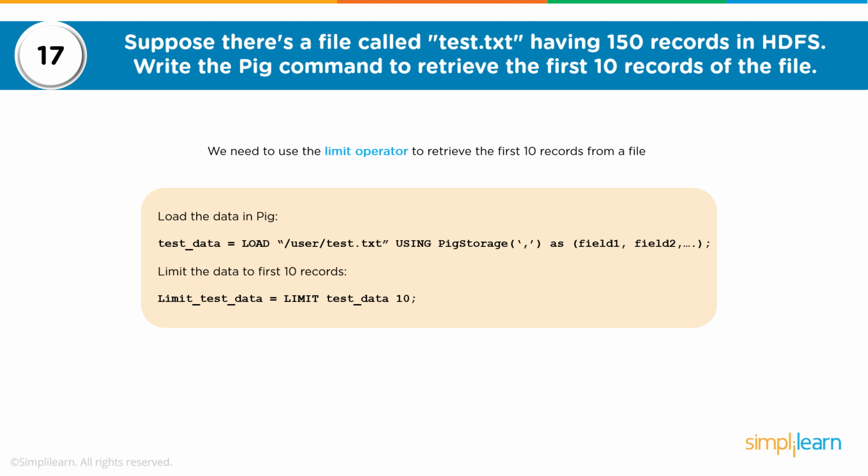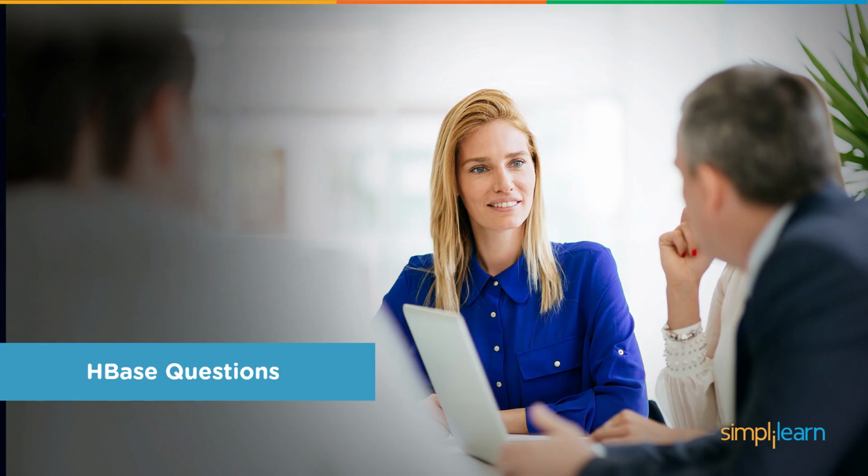Now let's learn on HBase, which is a NoSQL database. Now HBase is a 4-dimensional database in comparison to your RDBMS, which usually are 2-dimensional. So RDBMS have rows and columns, but HBase has 4 coordinates.